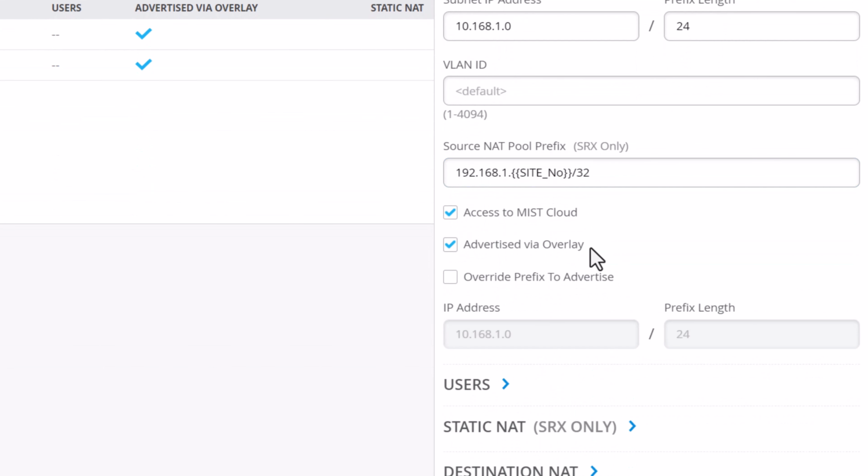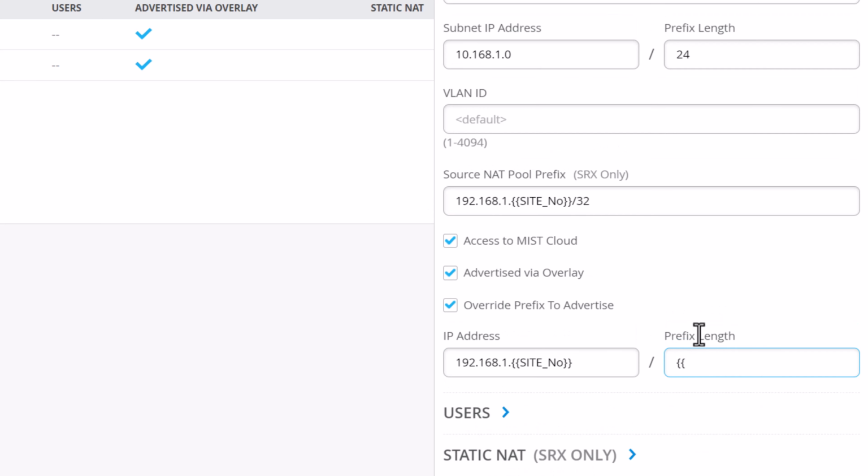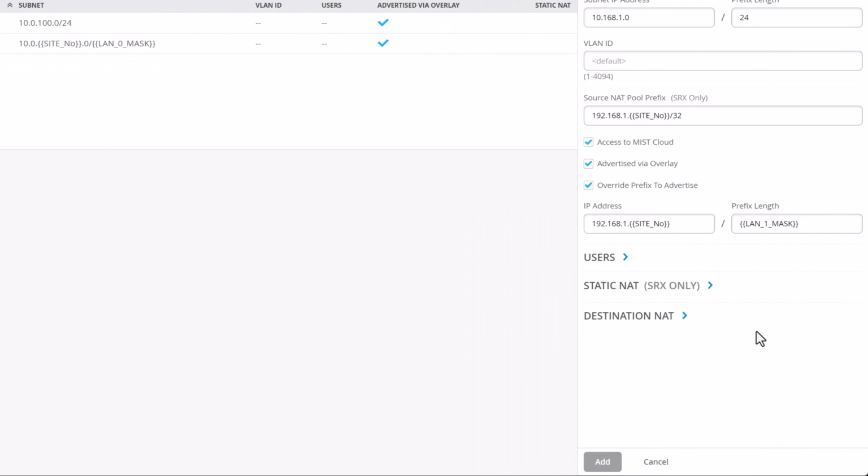And we would want to advertise this via overlay. However, we would want to override the prefix. Instead of this 10.168.0, you can click on override prefix to advertise, and you can then go ahead and advertise this other, the same 192.168.1.1 in this case, but the prefix length is going to be LAN 1 mask. Okay, so we can go ahead and click on add,